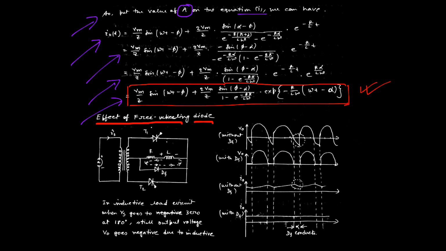One more thing, similarly it affects the output current also. In case of without freewheeling diode, the output current was this one. There are small ups and downs due to the charging and discharging path. But if we are using the freewheeling diode, as there is no negative peak of the output voltage, it will give us almost DC. This is a good example for using a freewheeling diode.